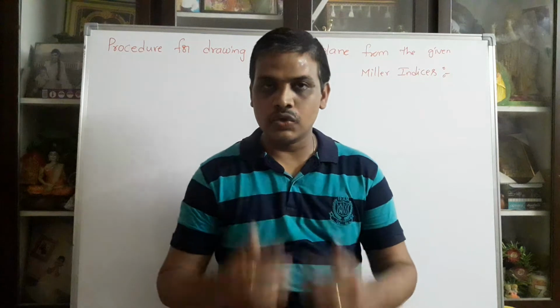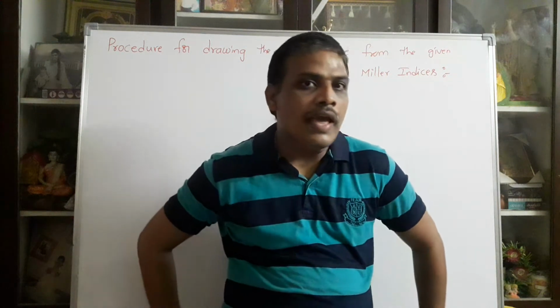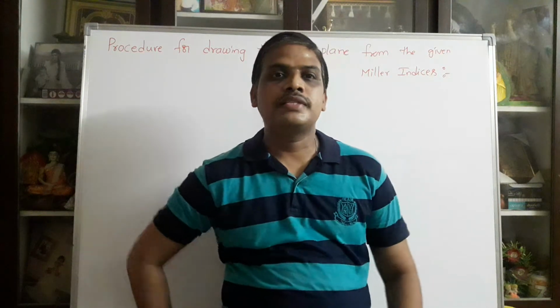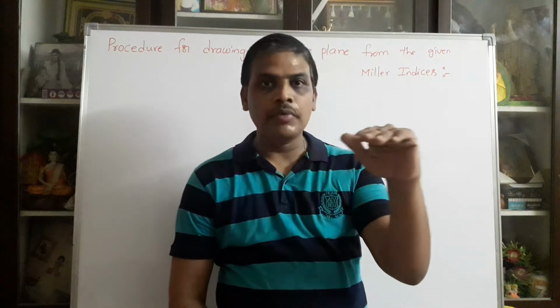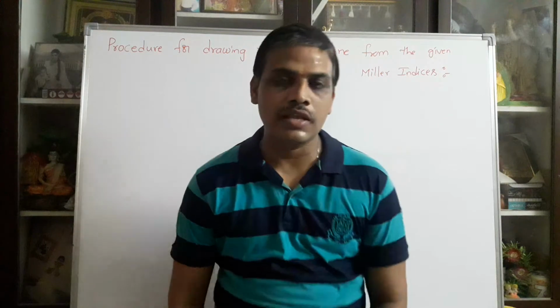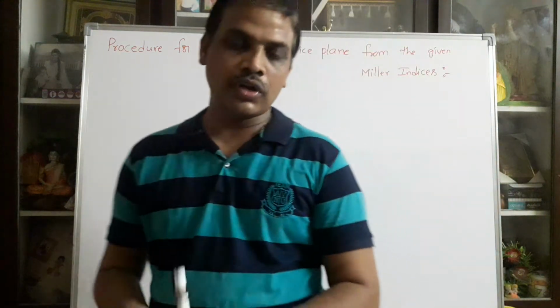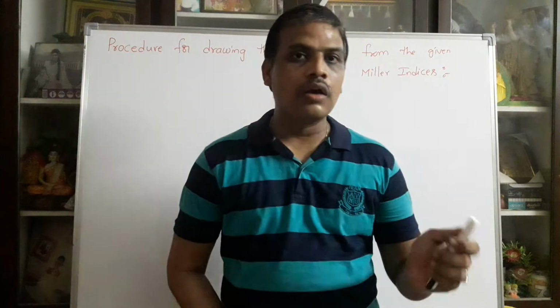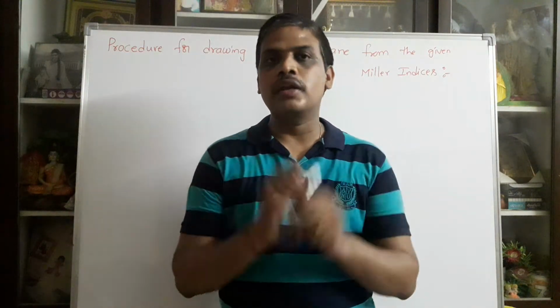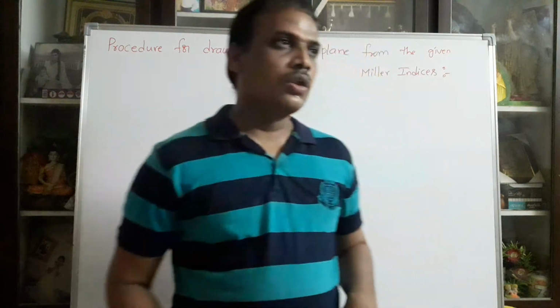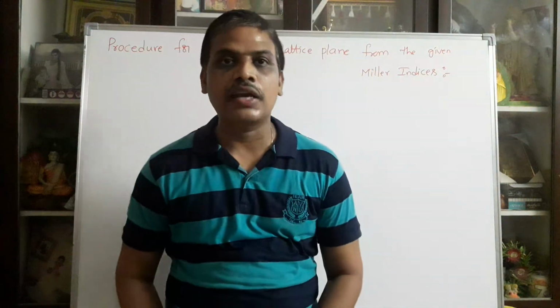So for that case, you can take the LCM of the given denominator values and multiply it with the total fractional value. The fractional values are converted into complete integers. Those complete integers are represented in terms of curved brackets, and those curved brackets indicate the lattice plane.